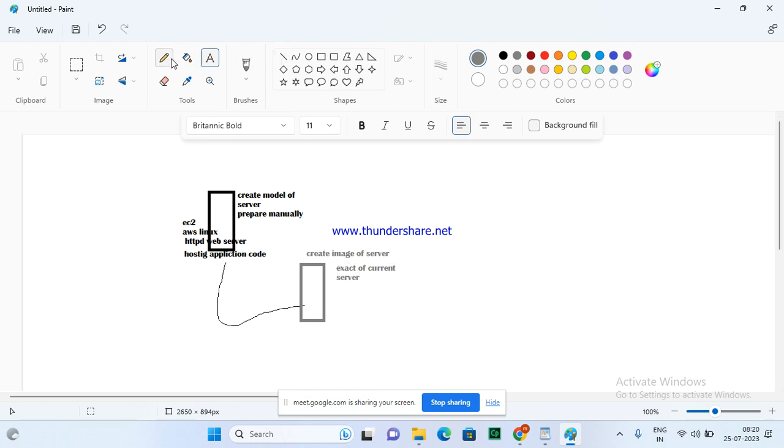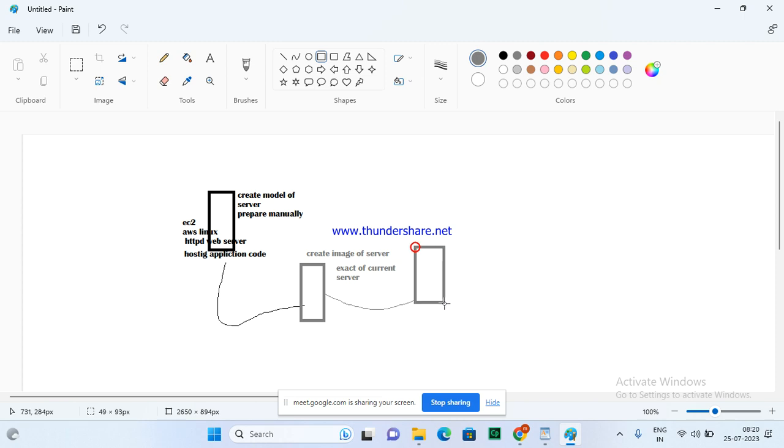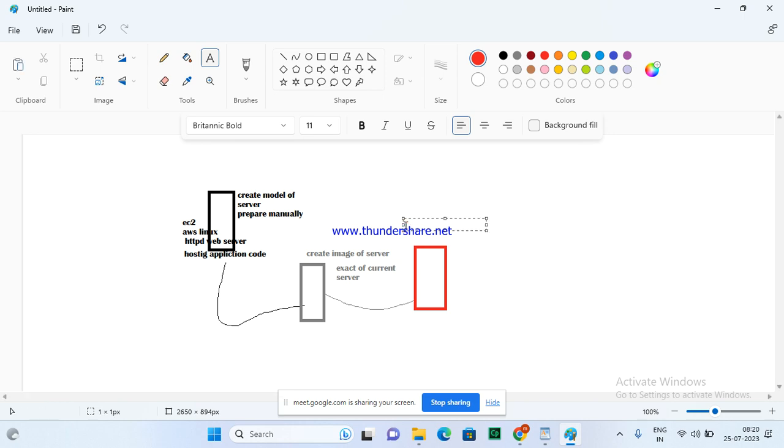Then after that, we need to define, whenever auto scaling wants to launch, some information. What information does it need? It needs some configuration. That is called a template. You have to create a template which says AMI, instance type, key pair, security group, and storage.